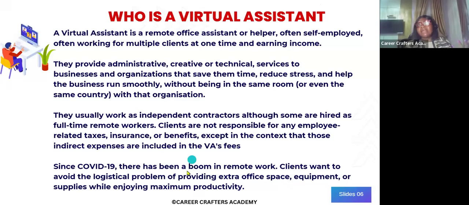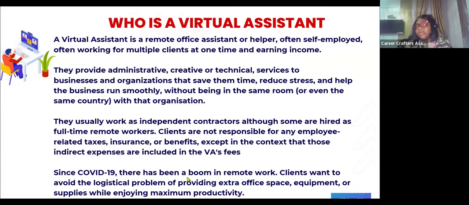Then clients realized, I don't need to rent an office space and buy computers and pay for security, logistics, office supplies, electricity, cleaning, and everything else to keep the office running. I can still get people who would work and provide this service for a fraction of the cost.